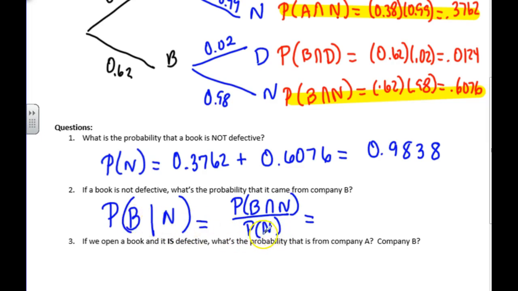You'll put a B over here. Remember, whatever is to the right of your conditional probability is what is going to go on the denominator. So this will be